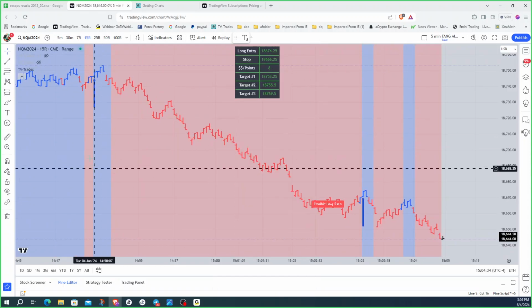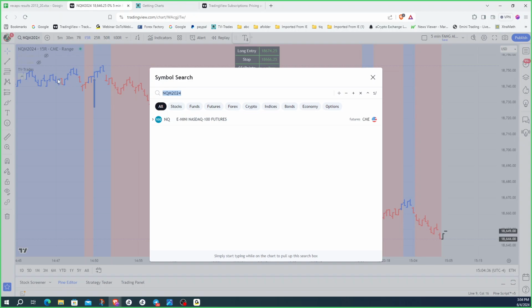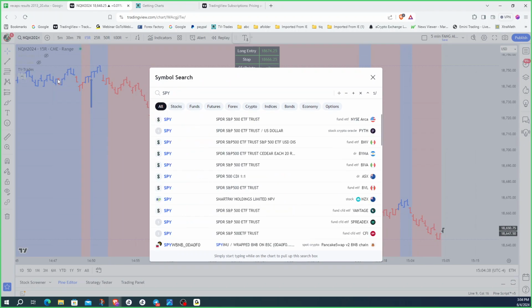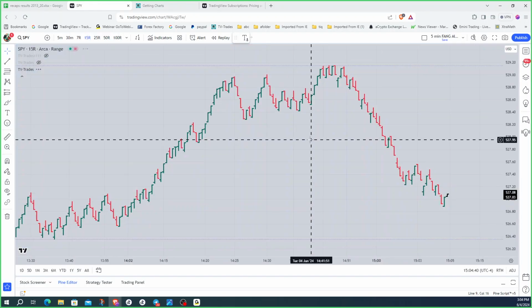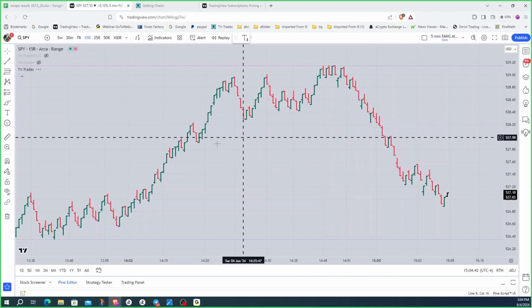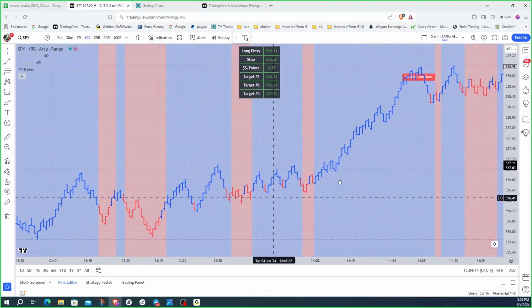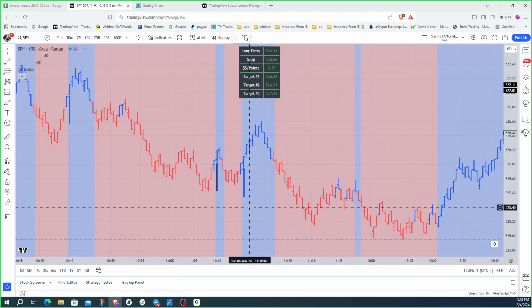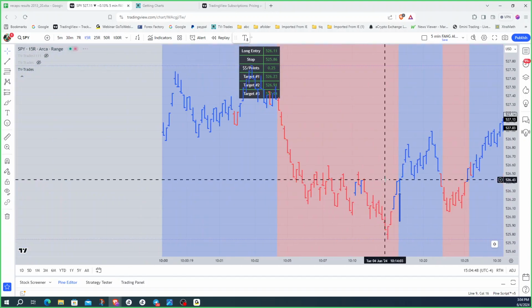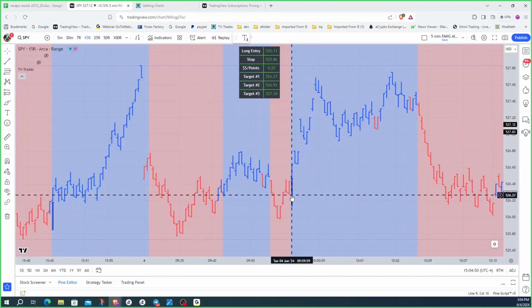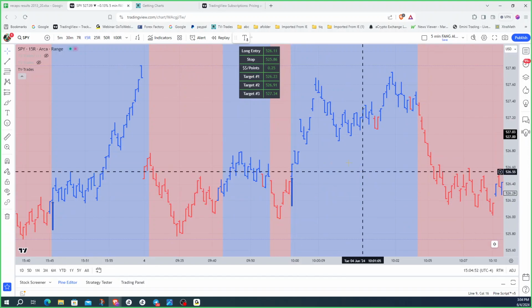Because by default, I created this not so much for futures, but more for equities. Okay, stocks, but you can use it for ETFs and everything else. And by default, it's just going to show you the long trades. Okay, it's going to show you the long opportunities when you have them. And so it'll give you this right here. And when it gives you this,